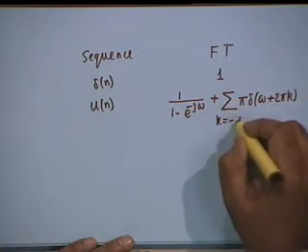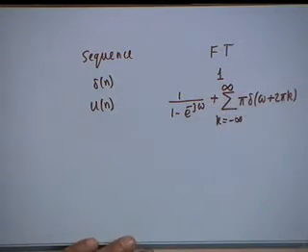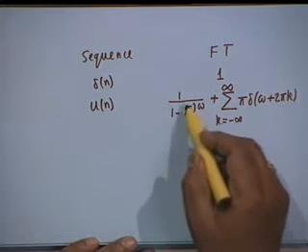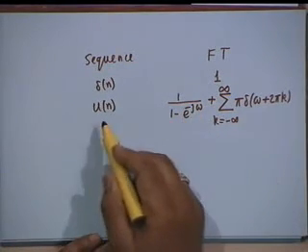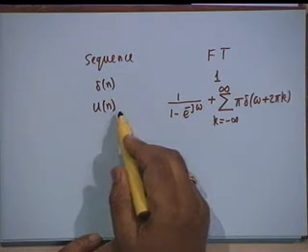Again k goes from minus infinity to plus infinity. One of the ways to understand this is that the first term takes care of the summation, but it does not take care of the